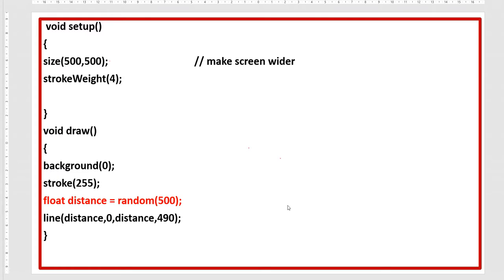Here I have made one variable and the variable name is distance. I have assigned random 500. Suppose again it generates 50, so in the line function the parameter will take 50 and this will take 50 as well.